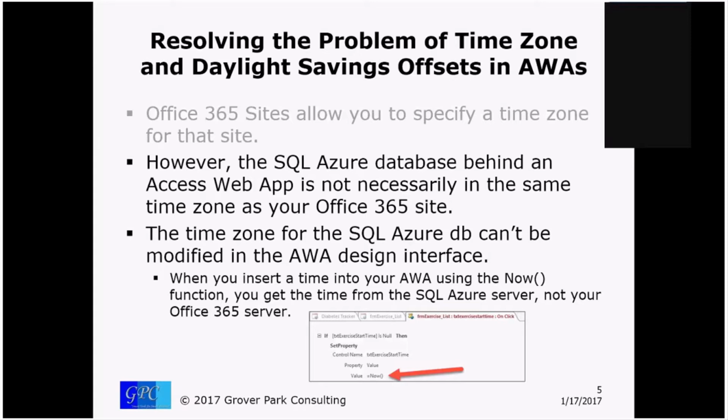And there was a bit of a hoo-ha-ha in the main office because everybody was showing up for work late. As it turned out, when he had set up his Office 365 account, the SQL Azure database that was set up for him was out here on the West Coast in a different time zone, 3 hours later, in fact. And in following through and trying to figure out what was going on, we discovered that